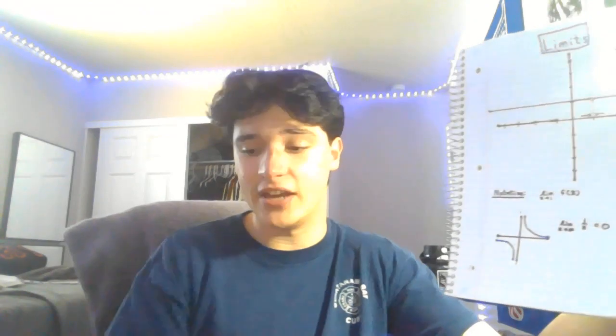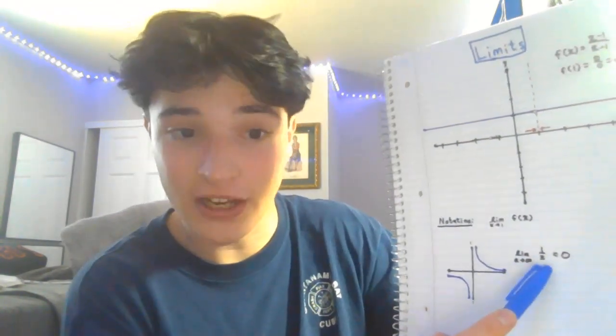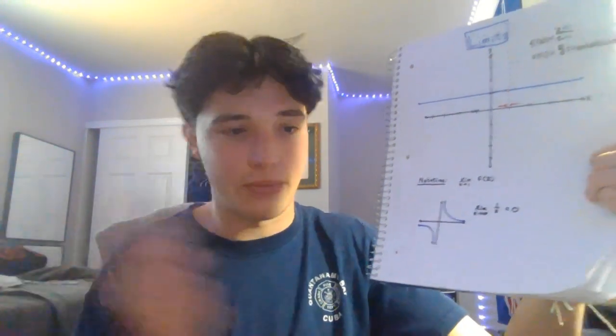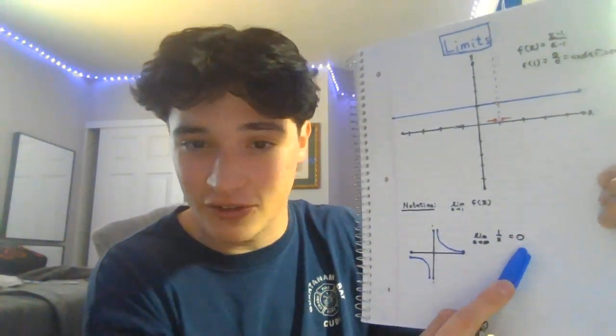And if you wanted to find what that value is, all you do is plug in infinity into this fraction here, or into x. Now something divided by infinity, you can't put that in a calculator, but you can think of it like instead of plugging in infinity, plugging in a trillion, like 1 over a trillion. That's a really, really small number, right? So you can just say it's 0. That's all infinity is. It's just a ridiculously, unimaginably large number. So it makes sense that this is just 0, right? Okay, so that's limits. I'll move on to the next one,